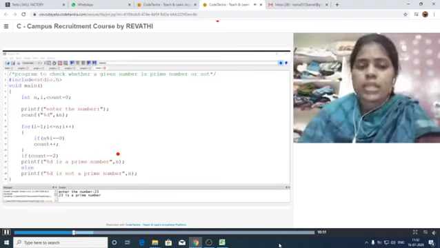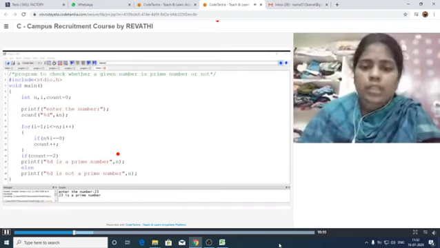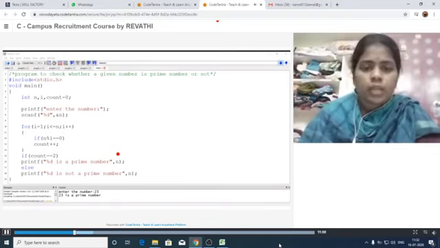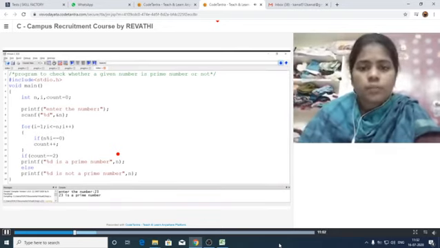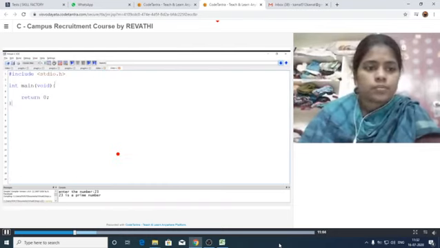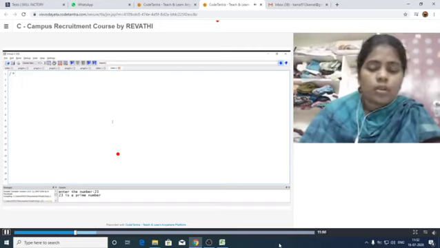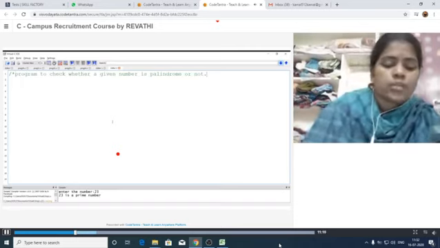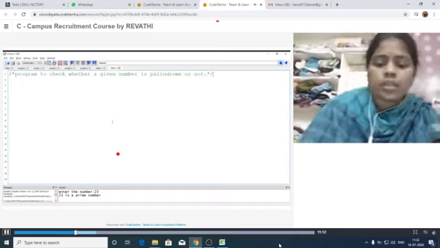Let us see how we can write the program for checking whether the given number is palindrome or not. Let us take a new one. First write the comment lines. What is the program here? Program to check whether the given number is palindrome or not.